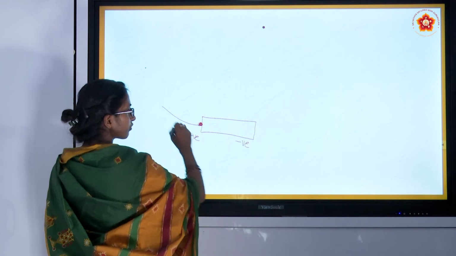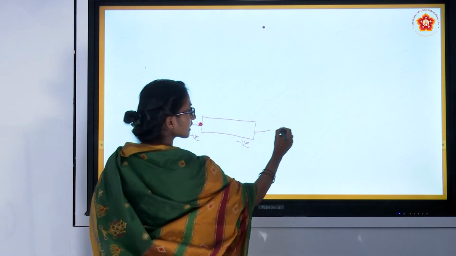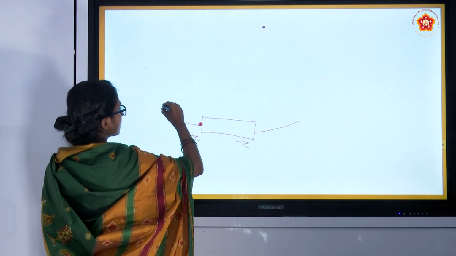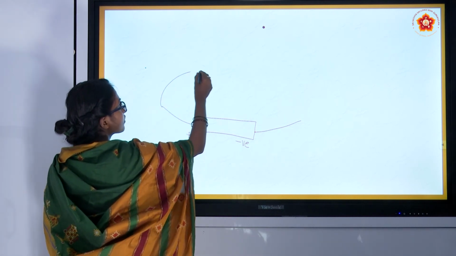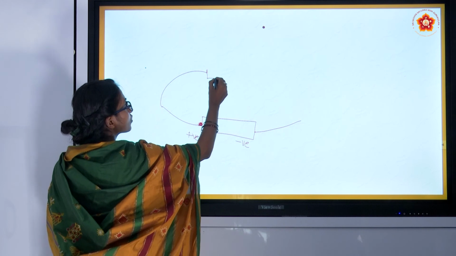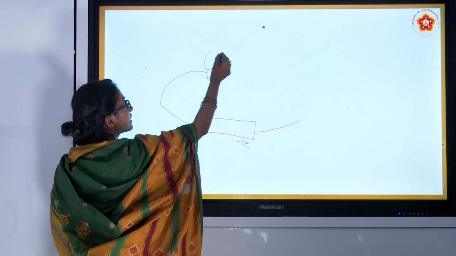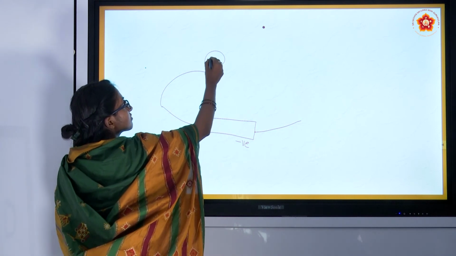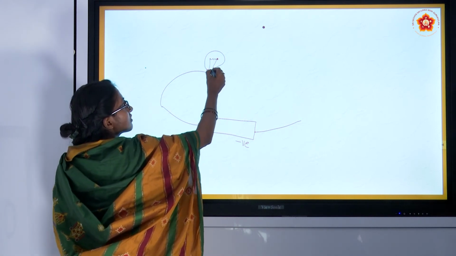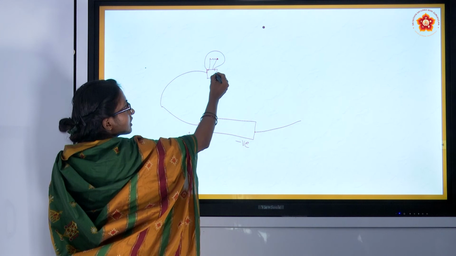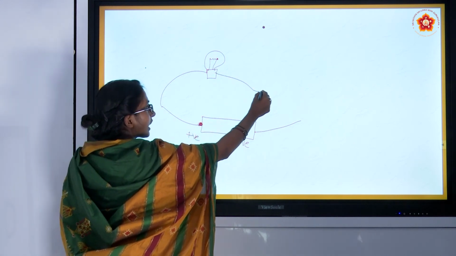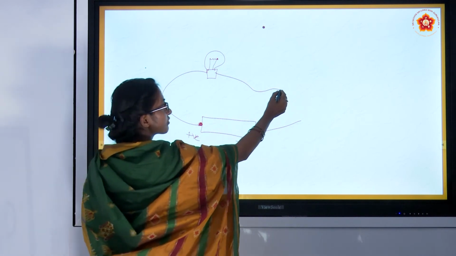Connect one wire to the positive end and another to the negative end of the cell. Now connect this positive wire to one terminal of the bulb. To the other terminal of the bulb, connect one more wire and connect it to the switch.